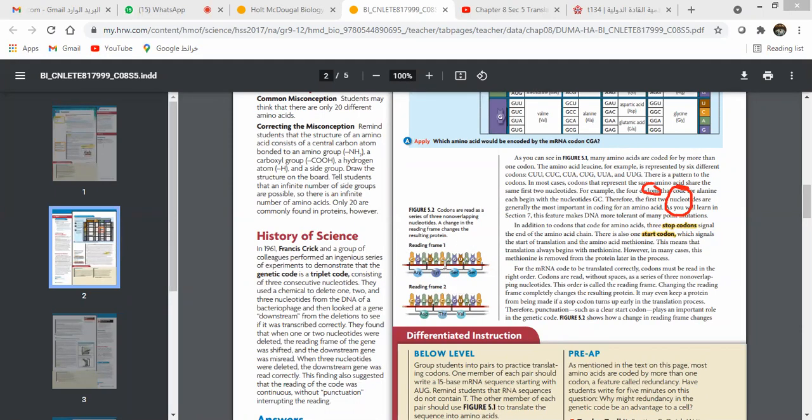Okay? And these series are in an order called the reading frame. This reading frame for a certain protein starts with CGA in this order. If this reading frame is changed, the reading frame completely changes and so does the resulting protein. That is why the order of the nucleotides should be right. Any change in the order, which is the reading frame, will change the protein that will be synthesized.